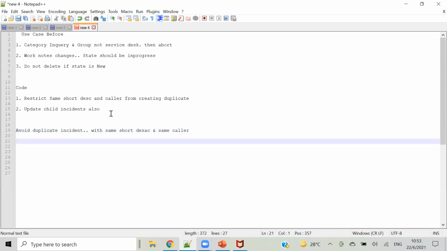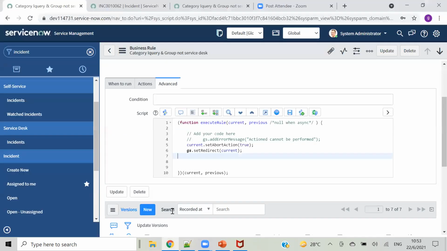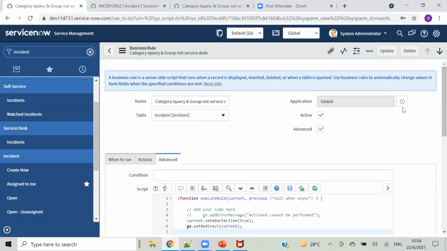Okay. And how will we check that? Using script. And we call that a glide record. It is similar to LINQ in .NET. For now, we will take one example of glide record. And after 1 or 2 days, we will have a special session for exploring that glide record, like all the CRUD operations using that glide record. Okay. But remember, it is similar to LINQ. So I will use the same thing.